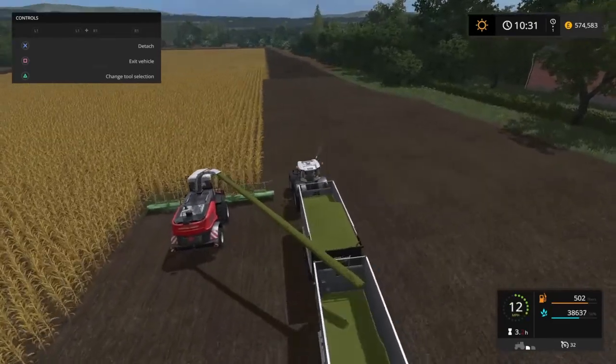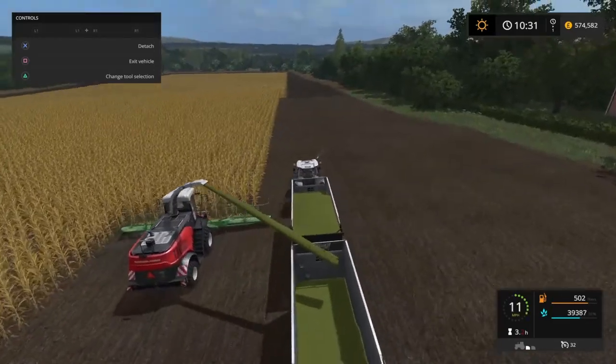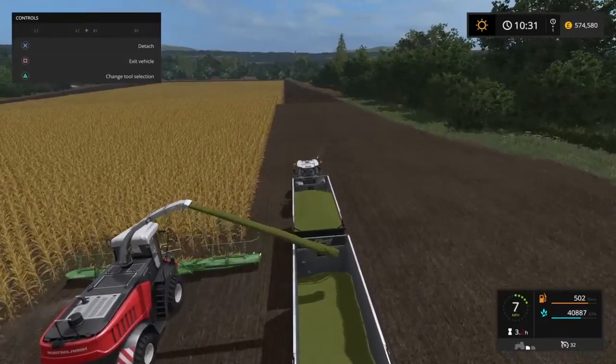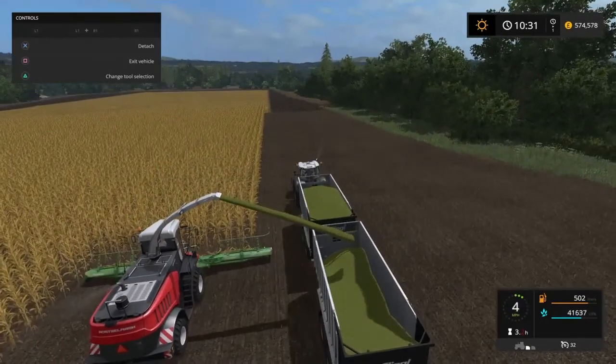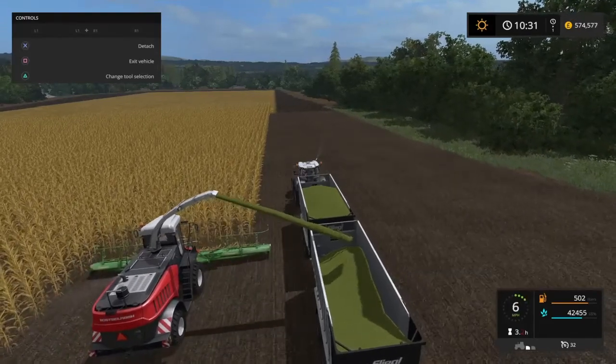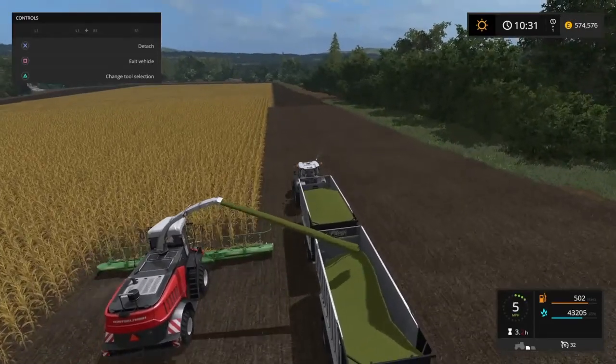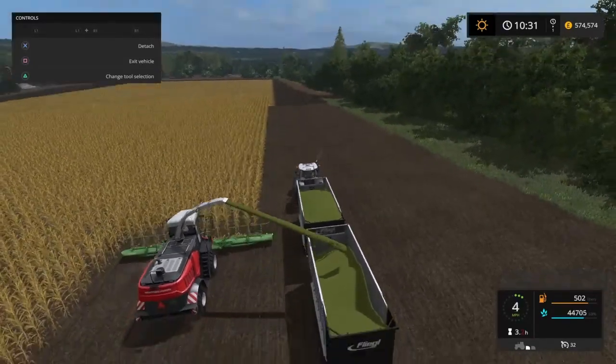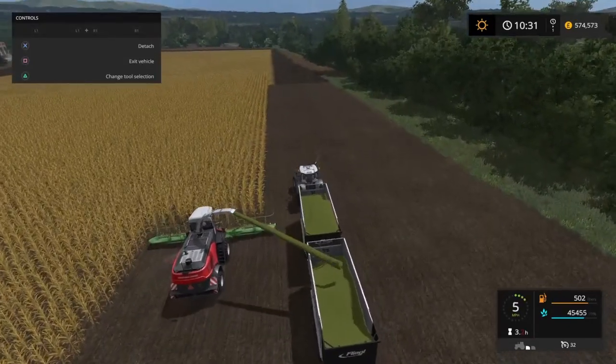Perfect, like so. It's much of a muchness in so much as once I'm full I've still got to drive backwards and forwards. So whether you're using the harvester and towing the trailers or you're running alongside with a tractor, the only upside to doing it this way is if you're a multiplayer. If you're multiplaying,